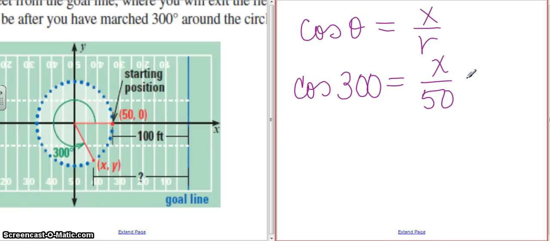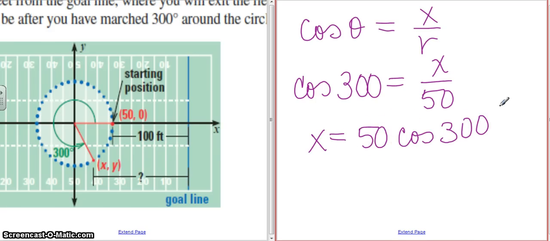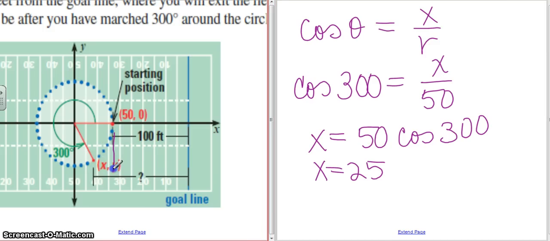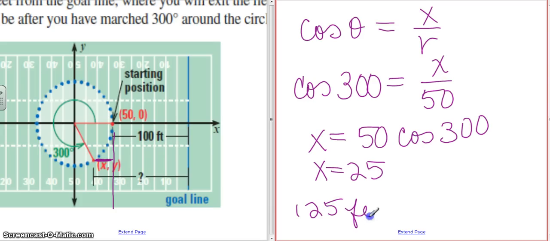If I use my calculator on this and I just solve for x, I would have x is equal to 50 times the cosine of 300 degrees. If I just put this into the calculator, I get x is equal to 25. That means 25 feet. So from here to here, you see if I draw this line down, this must be 25 feet. So the total distance that I am from the goal line is going to be 100 plus 25. So I'm 125 feet